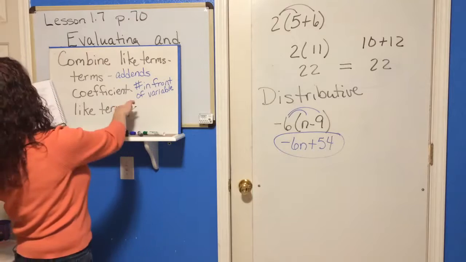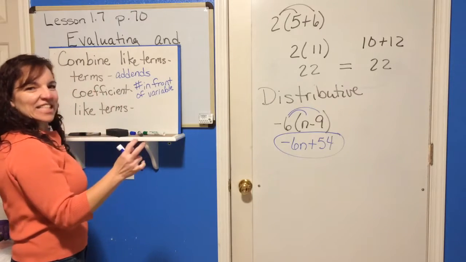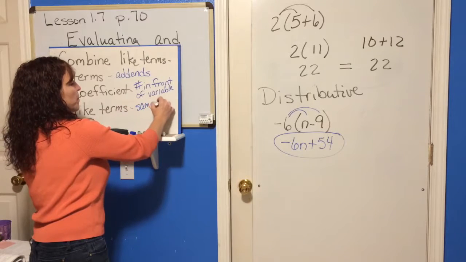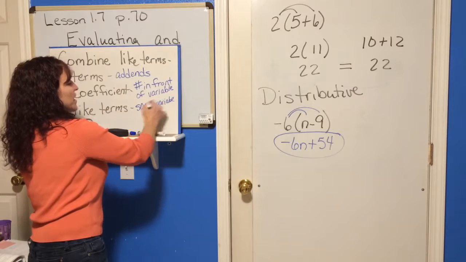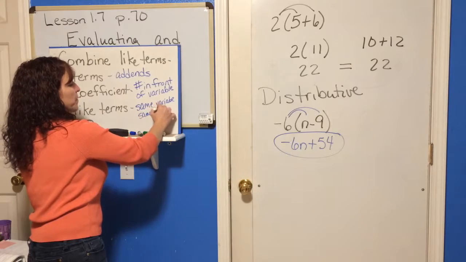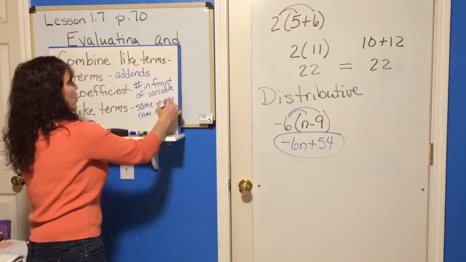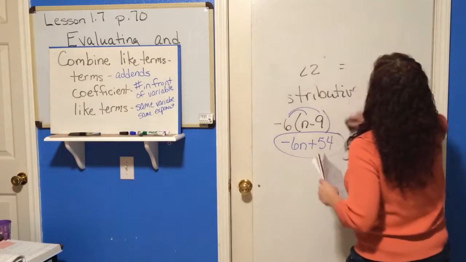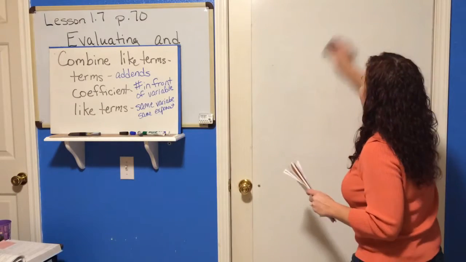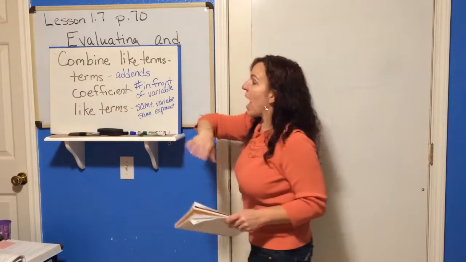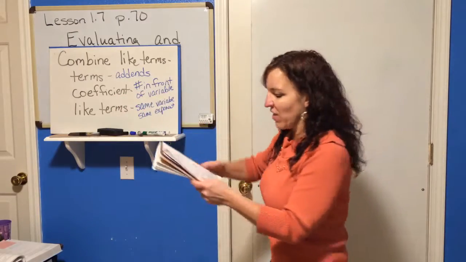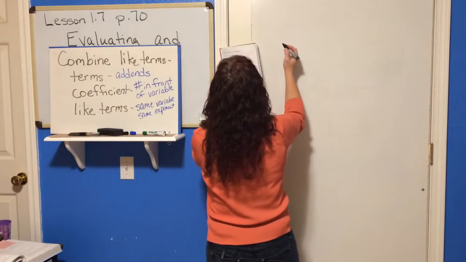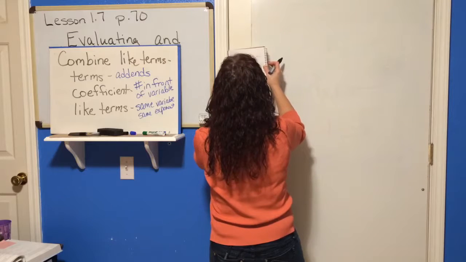And like terms are parts that have exactly the same variable with the same exponent. Same variable, same exponent. All right, so when we're combining like terms, we need to make sure that the terms are actually alike. And once you have like terms, then you just add the coefficients. And I think that you've done this before, but let's do some just to make sure. Let's look. So something like this,